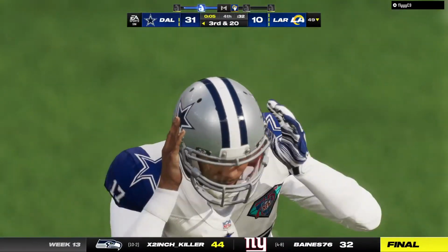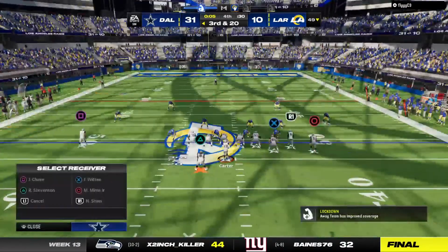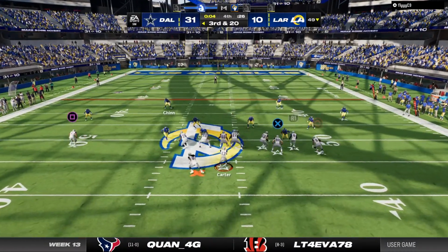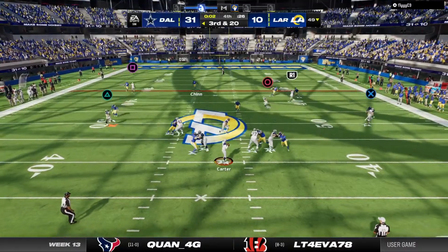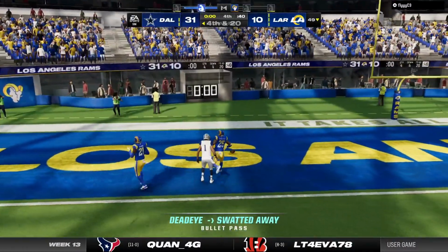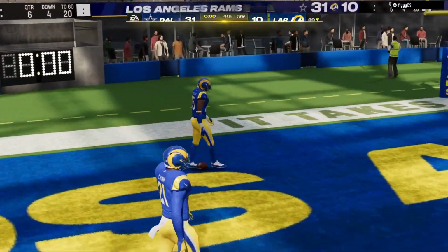I know conventional wisdom says, hey, don't get it all back in one play. But sometimes you go ahead and try to. They tried to get it all back on that one. Weren't able to do so. Looking deep here for Chase. And it's incomplete. Still throwing to the very